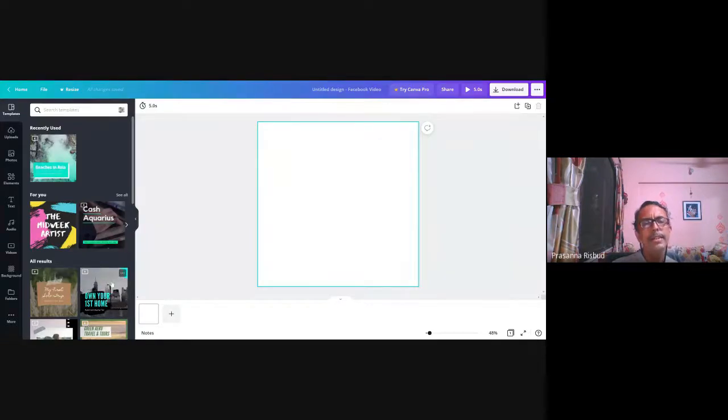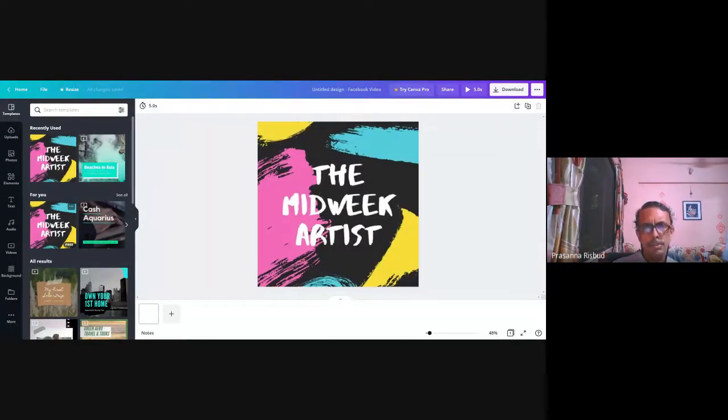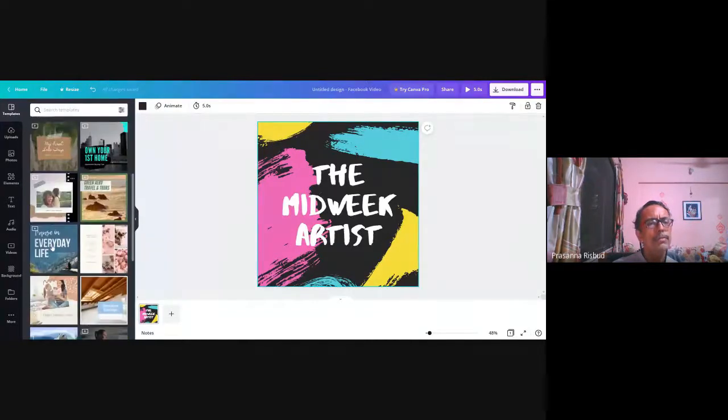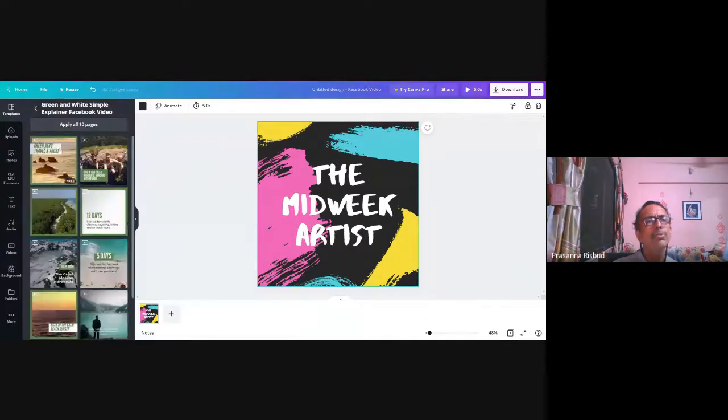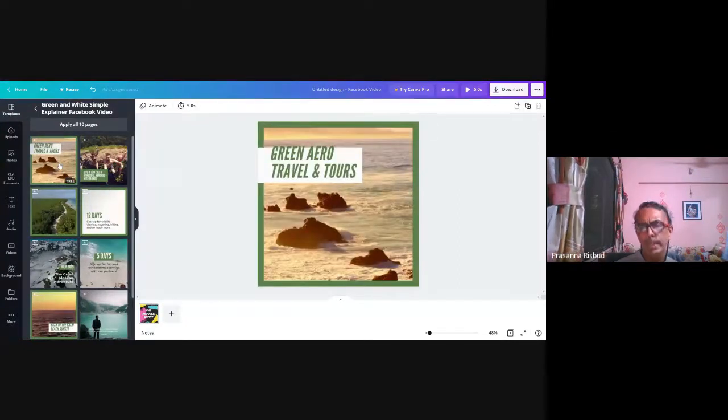Only difference is that now this will be a background file with some kind of movement or some kind of motion which will give a video effect to this file. You see this background, it's automatically changing after a predetermined time. So that kind of video effects, you can choose any of the file which is free. Again, make note of it. You can't choose a template which is paid. So you will have to choose a template which is free.